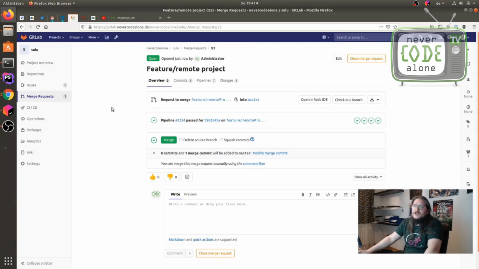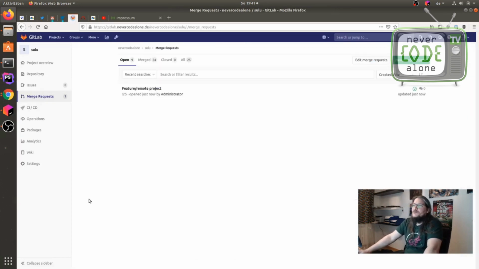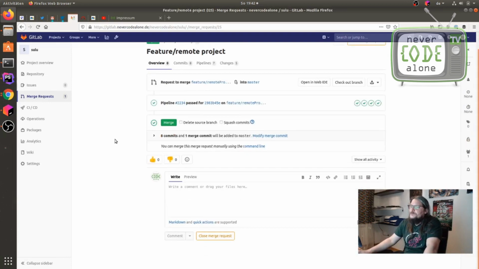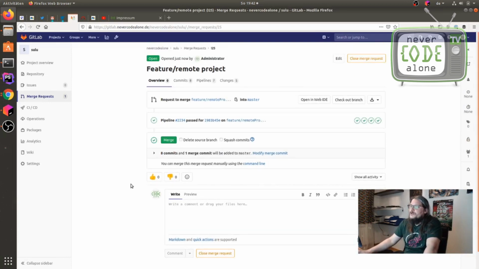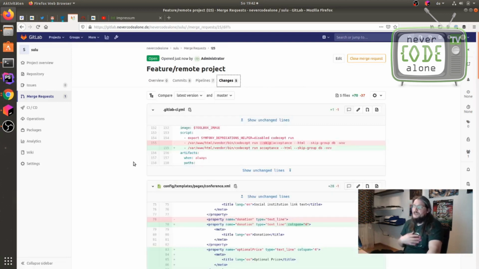Okay, and after that, here is an overview about merge requests. Normally, when you are working on Scrum or something else, you have a sprint, and on the sprint there are many features or many tasks, many tickets, and you have to review it. This is the second programmer who looks at it, and he says, okay, I check out here my changes, or the changes of Roland. Roland checks the changes of Roland. Say, okay, everything is